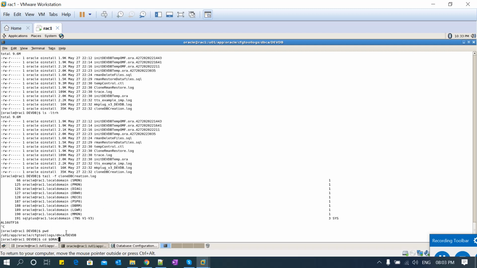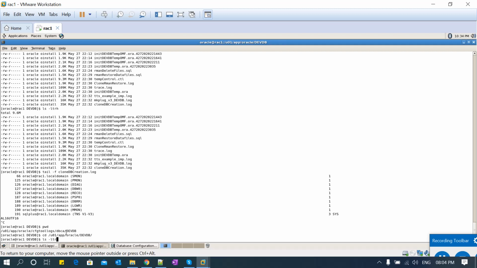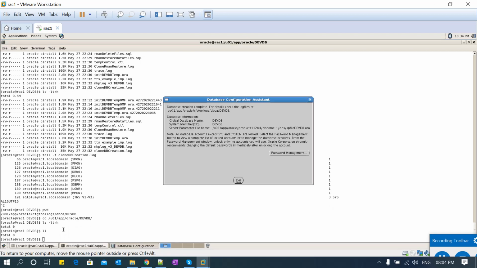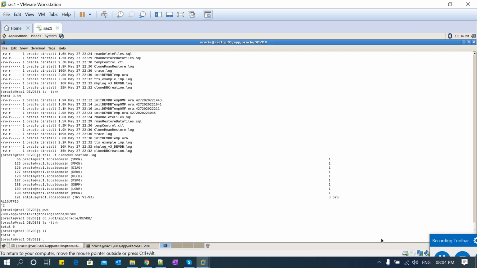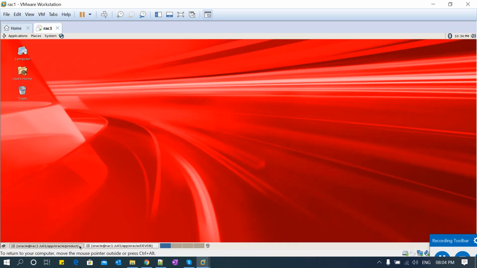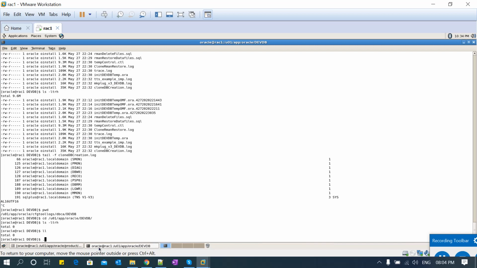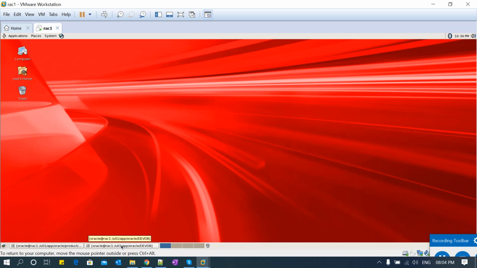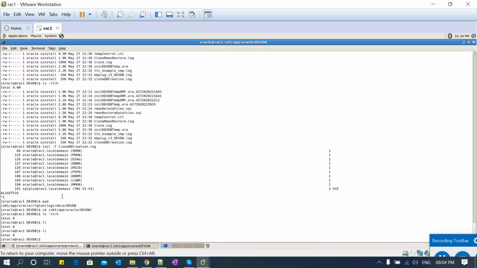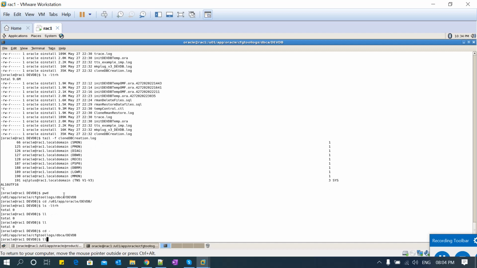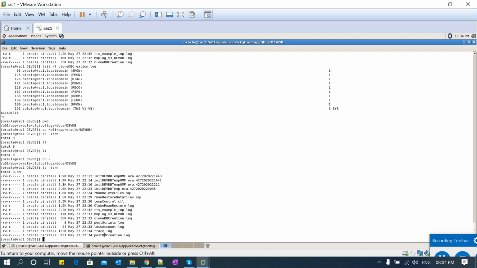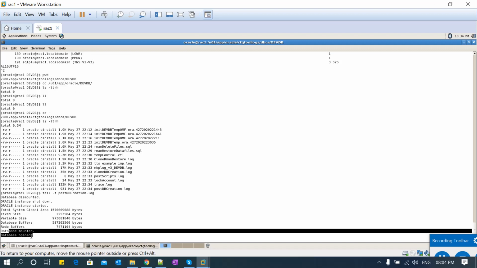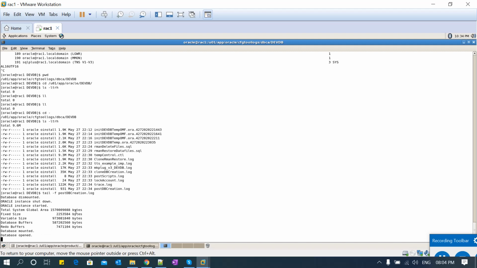I'll go ahead with Oracle base, DB, and then okay, I think it got created. I closed it by default. I'll go ahead and check back that post creation. Yeah, database mounted and database open. So it's pretty cool, right?